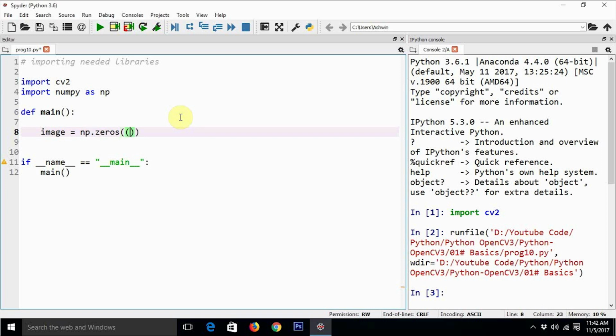Let's define a color image, 512 by 512, 3, and it should be an RGB image. The data type should be np.uint8. So this defines a completely black image, and it's an RGB image. The resolution is going to be 512 by 512.